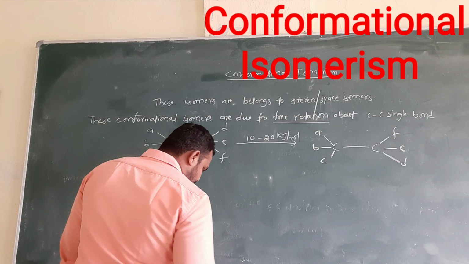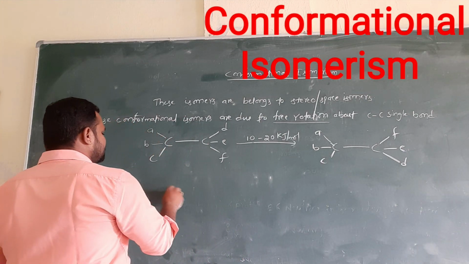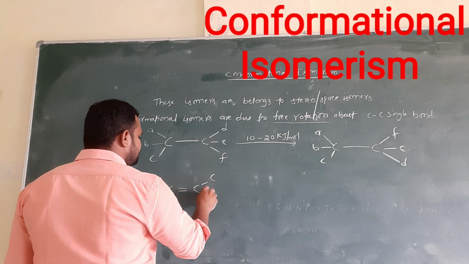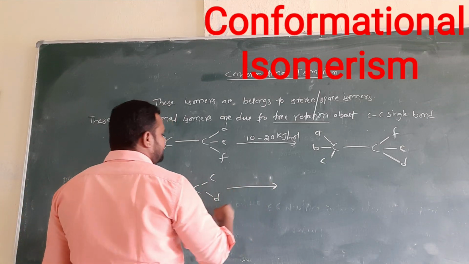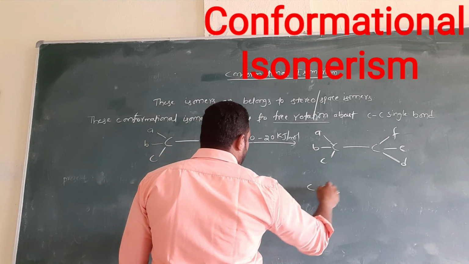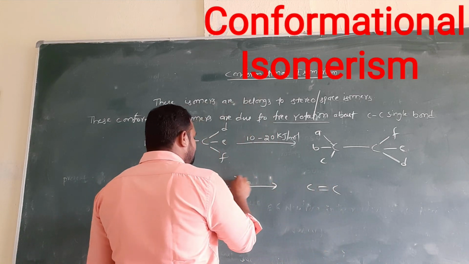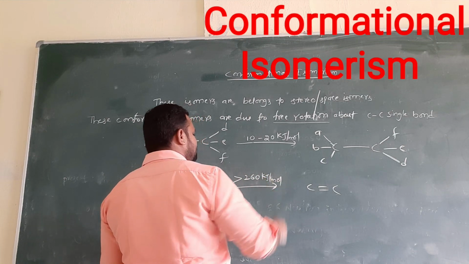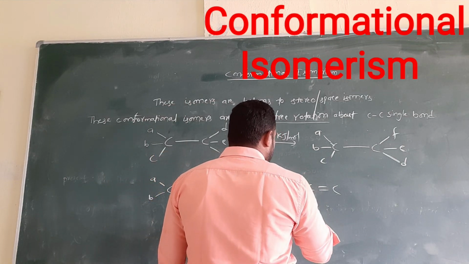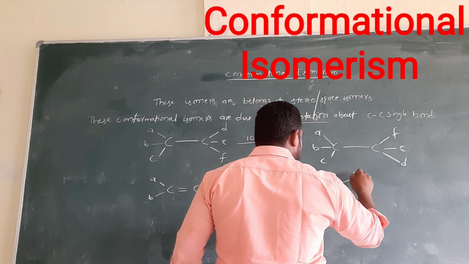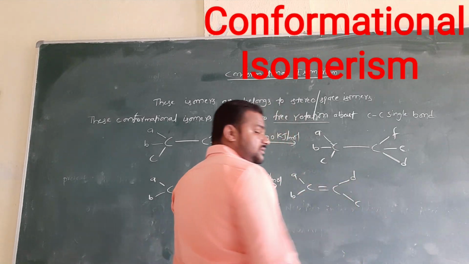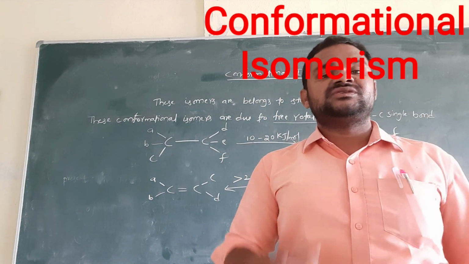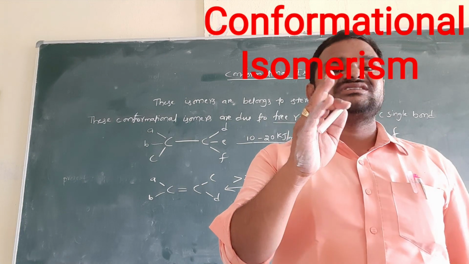Now, if you observe a double bond, for example here A and B, and here C and D groups are there. To rotate and interconvert the double bond, we have to apply more than 260 kilojoule per mole. Only then AB stay here, but D comes to here. So double bond rotation is called restricted rotation. The isomers which are formed due to restricted rotation are called geometrical isomers.